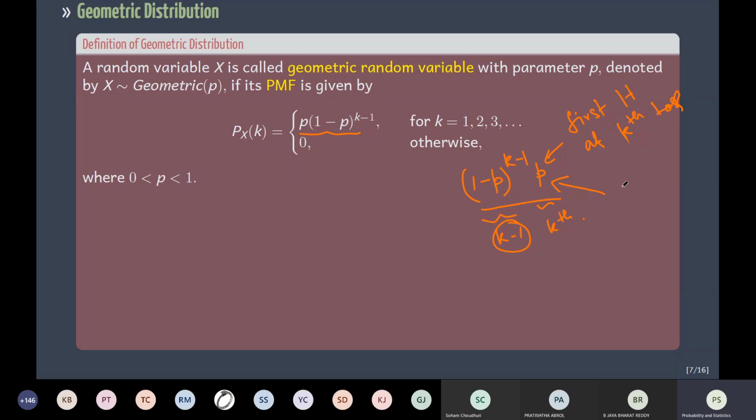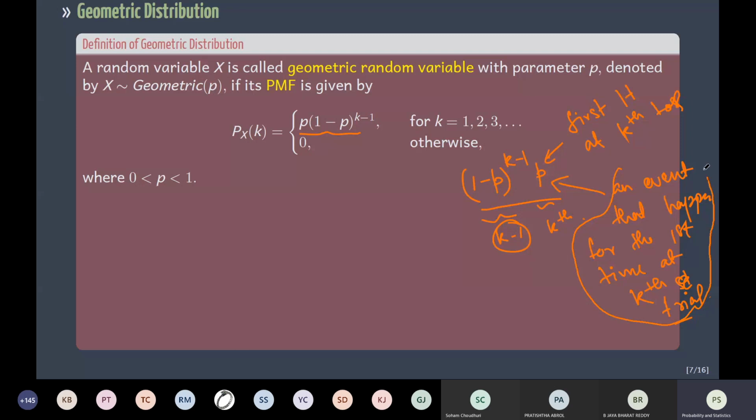So an event that happens for the first time at the kth step, or trial. You can generalize this to any problem now, not just to coin tosses. But the important thing to note here is that again